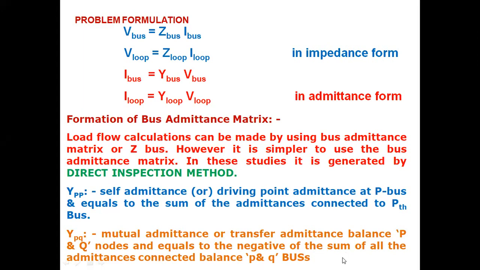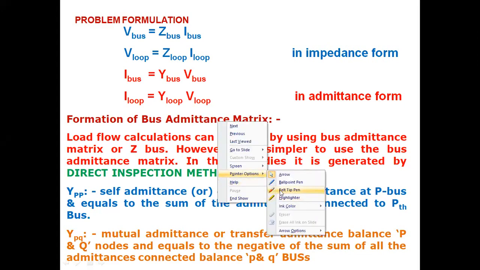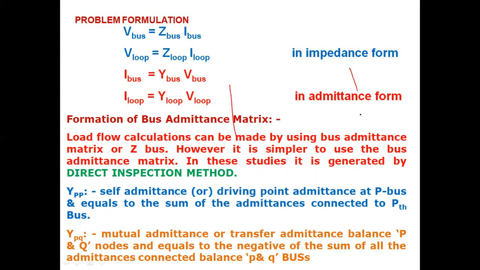Sum means if the number of elements are connected in parallel. If it is a single line, it will be 1. If it is multiple lines, 2 lines. Multiple lines means, you see that I am going to draw 2 lines for a particular line here, which will be useful for you. This is a line between 2 buses. How are these 2 represented?